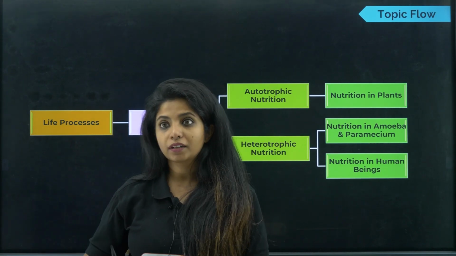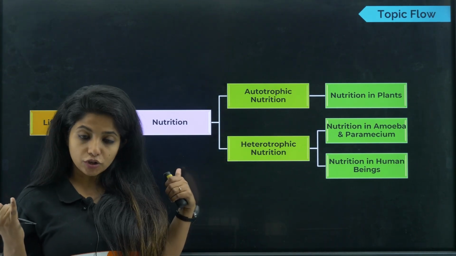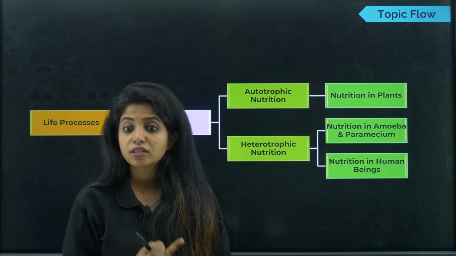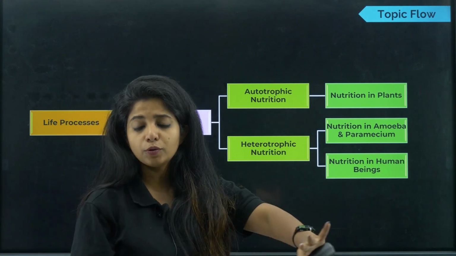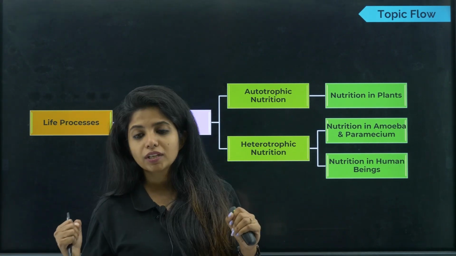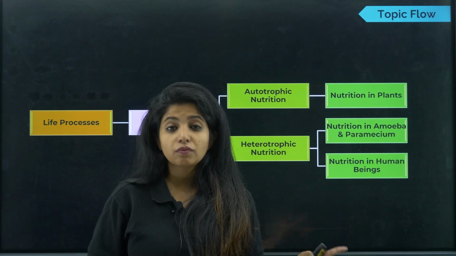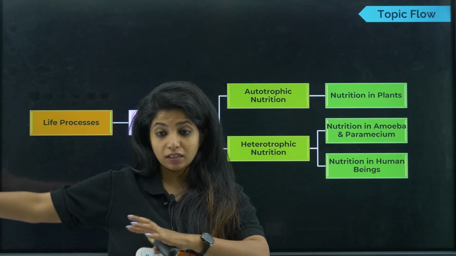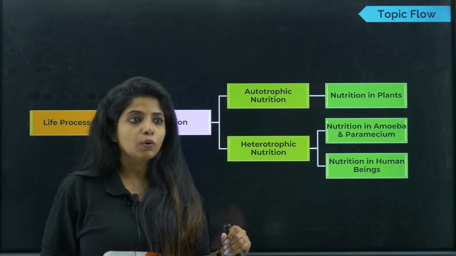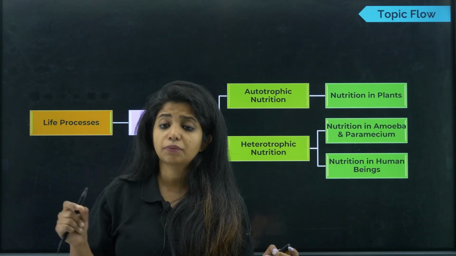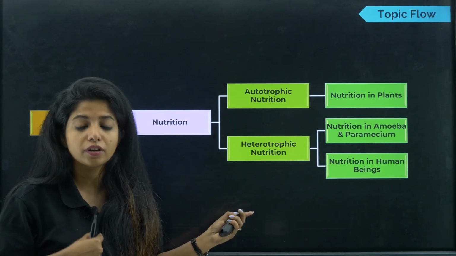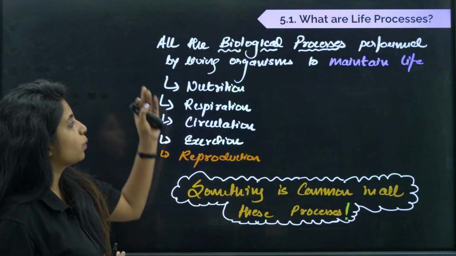Can you name a few? Nutrition is one among them. Apart from that, you have circulation, which basically helps in transportation of all the important gases and nutrients around my body. Then we have excretion, which helps with removal of things which are not useful for my body. All these life processes are really important for my survival, which is why I call them